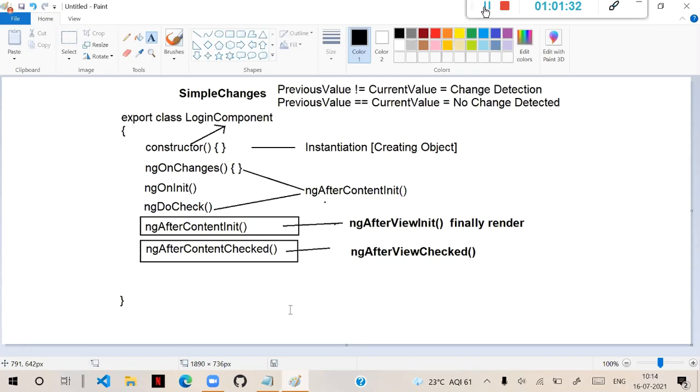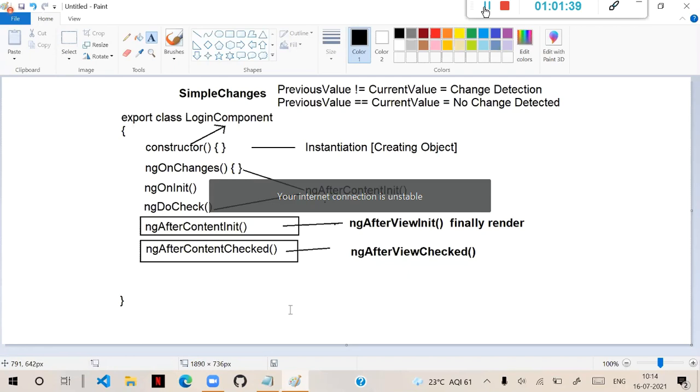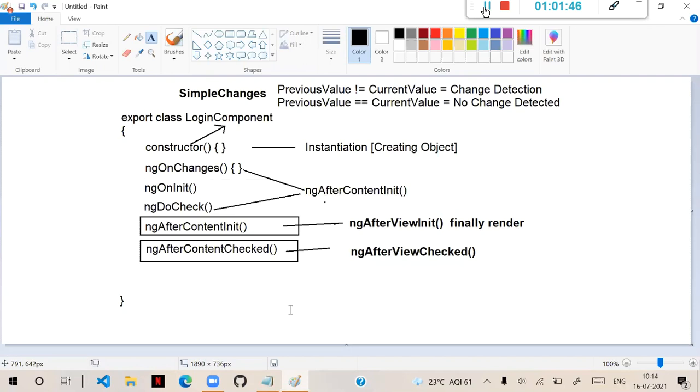What is the difference between ngAfterViewInit and ngAfterViewChecked? The difference: view init will render the contents of the current component. Understood? And view checked will render the content of